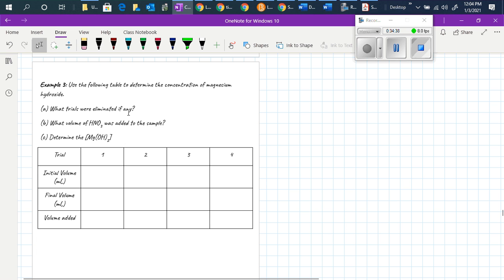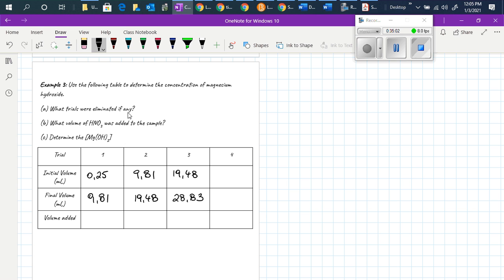So use the following table of concentration, and there is no information here, but I will add it now. 0.25, 9.81, 9.81, and 19.48, 19.48, 28.83, 28.83 is 38.38. So the difference in volume will be